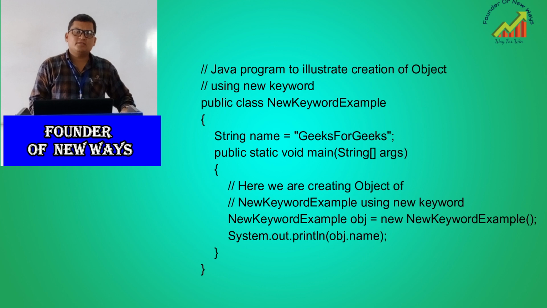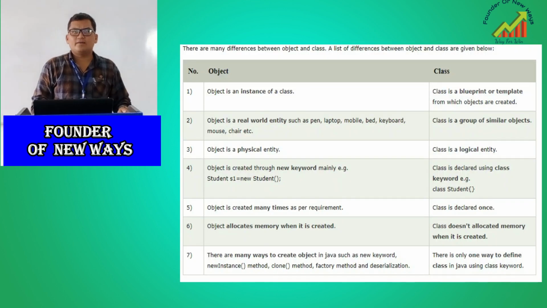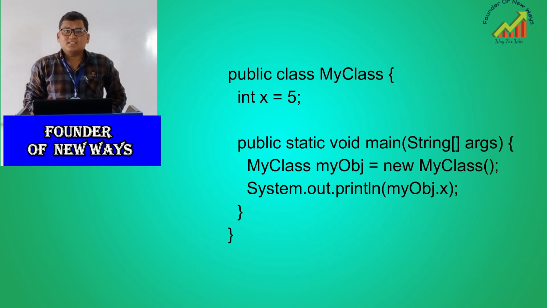Okay. If you compare a software object with a real object, they have very similar characteristics. A software object also has a state and behavior. A software object's state is stored in fields and behavior is shown via methods. Okay, we will understand it. So in software development, methods operate on the internal state of an object, and object-to-object communication is done via methods.